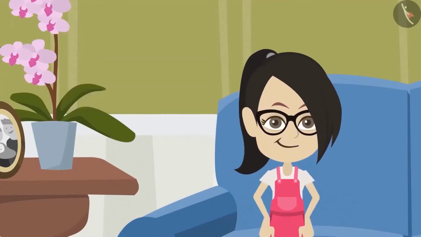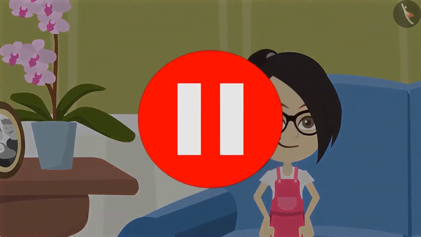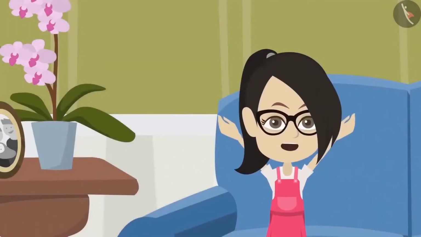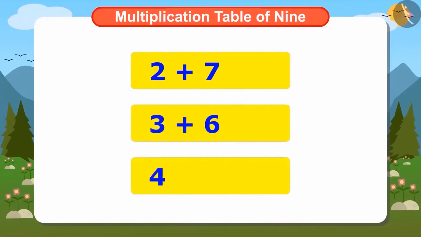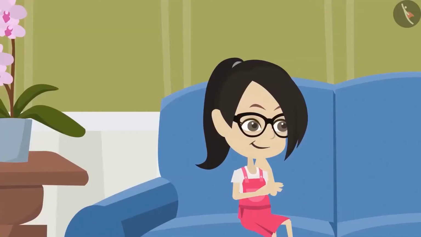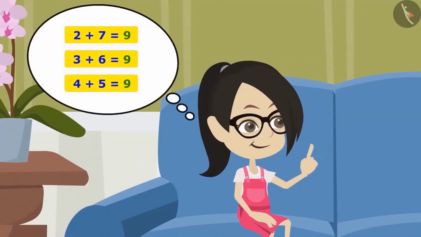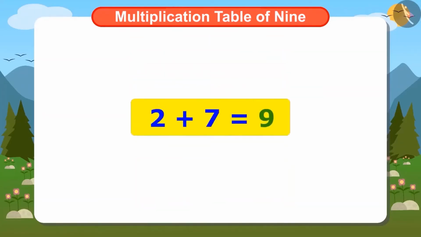Can you help Vandana? Pause the video for a while and write a set of 2 numbers in your notebook which adds up to 9. I have found out. Adding 7 to 2, adding 6 to 3, adding 4 and 5, we get 9. Vandana knows that 9 comes from groups of these 2 numbers. Vandana can choose any one of these groups. She chooses the tables of 2 and 7.